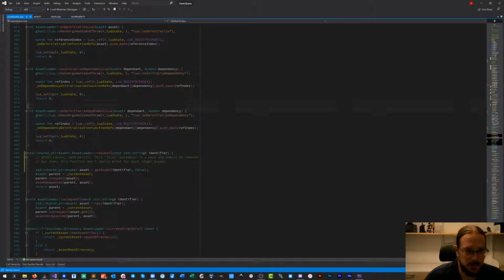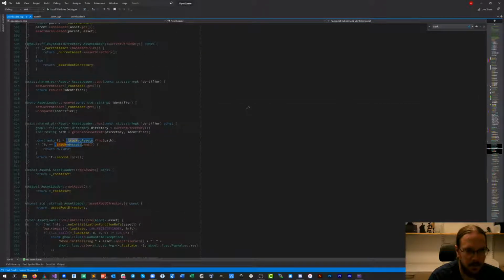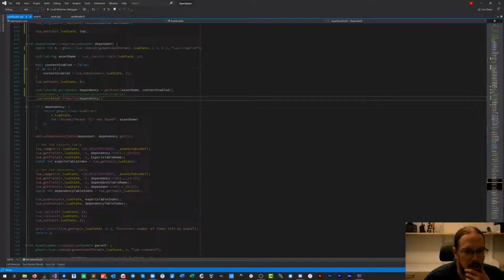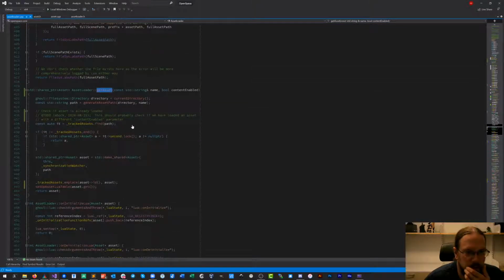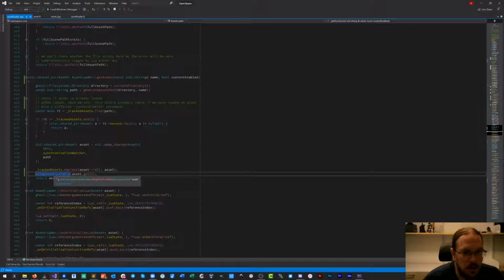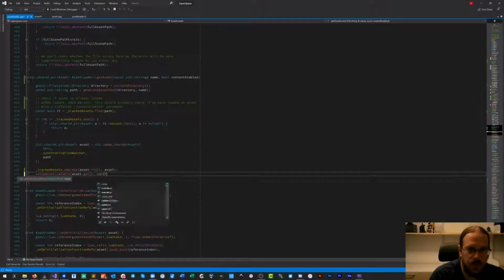So this is good because now, where were we in the get asset method? No, actually, I wanted to call the get asset method. So now we're passing in whether our content should be enabled or not. And then down here we can set up our Lua table, at which point we can pass this in.